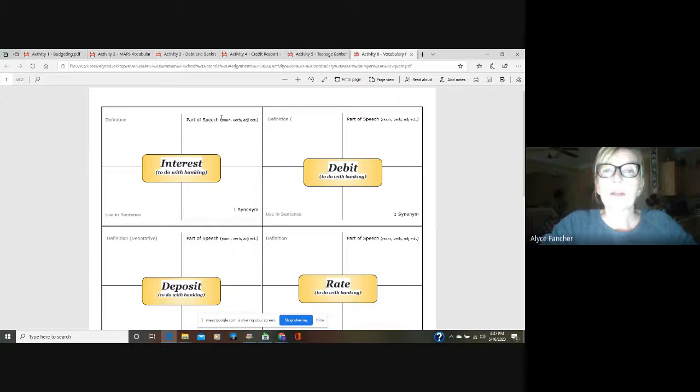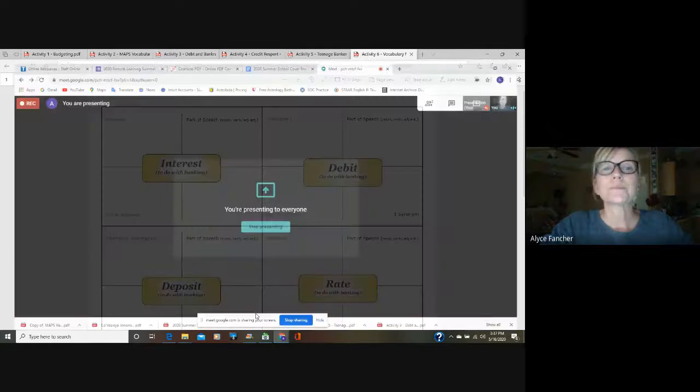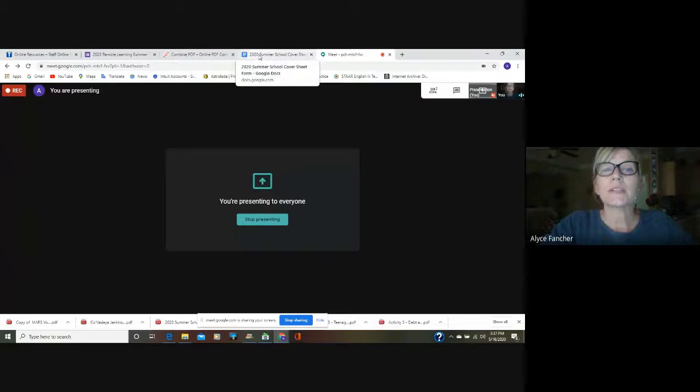You will need to complete these activities, again, going back to completing your summer program and what it is that you need to be able to complete for the duration of your summer. So hopefully that explains each assignment that you will need to complete in order to fulfill the credits that you need in order to get credit for your MAPS class that was held the last 5th and 6th week marking period of the school year.